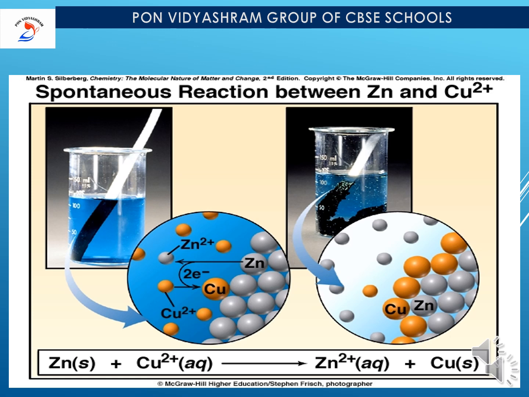The first one is the weight of the zinc rod starts decreasing. The second one is the blue color of the solution disappears. The third one is a reddish brown precipitate settled around the zinc electrode. The last one is, as you touch the container, we could feel a slight increase in the temperature of the solution. So let me explain one by one.